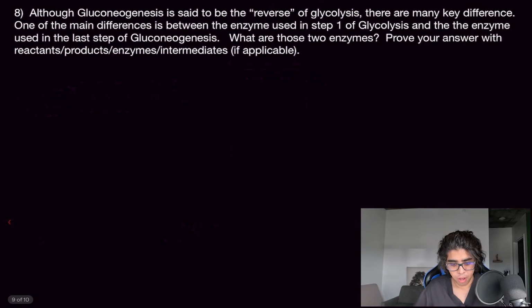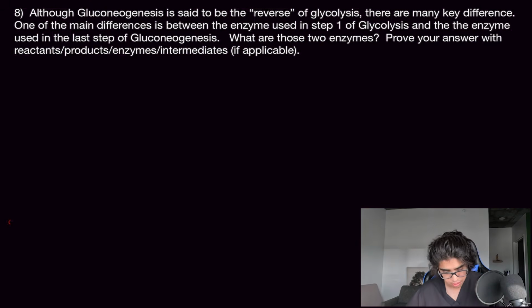Alright, 8. Although gluconeogenesis is said to be the reverse of glycolysis, there are many key differences. One of the main differences is between the enzyme used in step 1 of glycolysis and the enzyme used in the last step of gluconeogenesis. What are those two enzymes? Prove your answer with reactants, products, and enzymes and intermediates if applicable. First step of glycolysis: glucose turns into glucose 6-phosphate using the enzyme hexokinase. Gluconeogenesis: glucose 6-phosphate turns into glucose using the enzyme